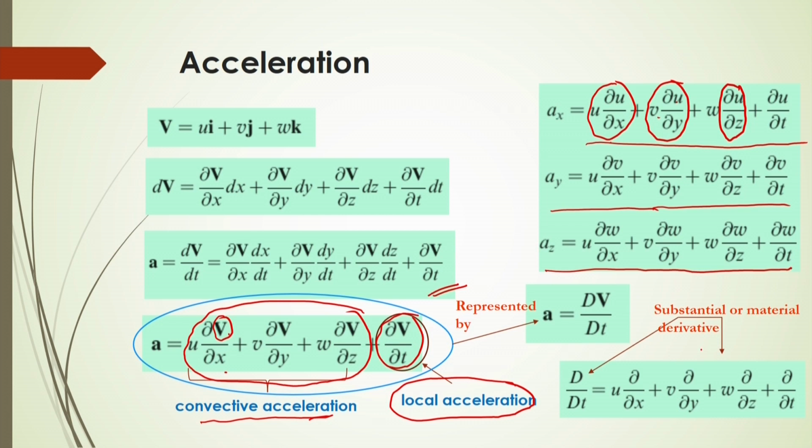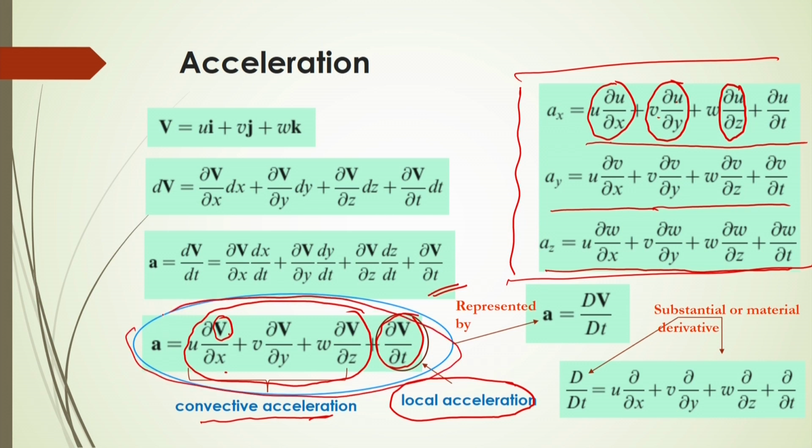So we are getting the acceleration in the x, y and z directions. How can its components in the x, y and z directions be represented? You can represent them by these equations. The general equations will be equal to this, and from the general equations we get two components: one is the convective acceleration and the other is the local acceleration. So from these general terms you can easily calculate the component of the acceleration or any other variables.